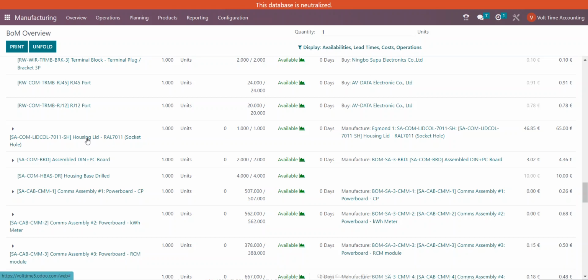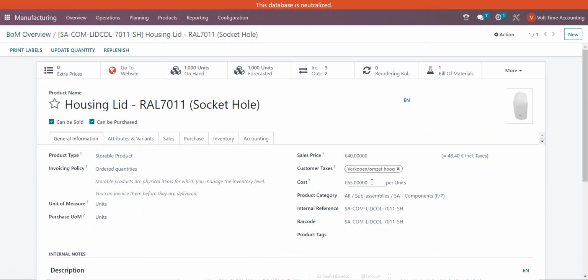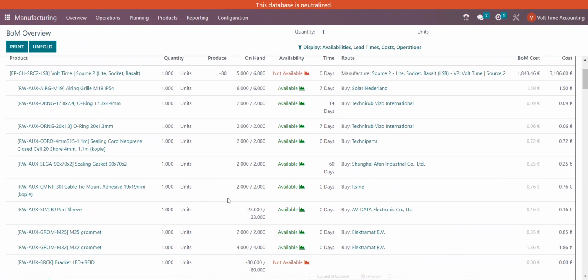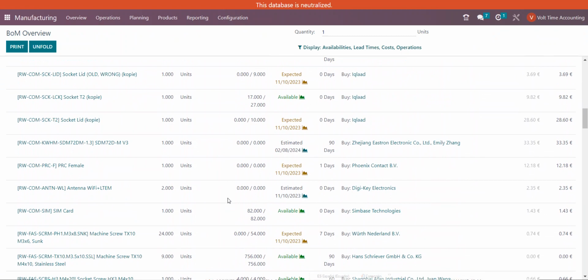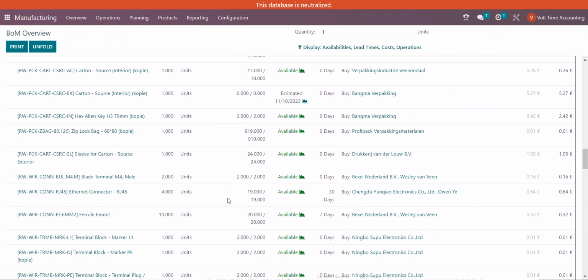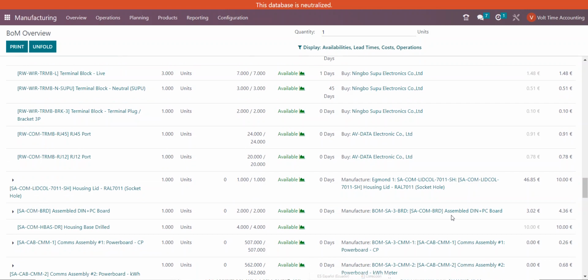If I change it, I can put here whatever value I want. I can put 10. I save it. This is the housing lead. It was 65 before. And if I go back to the housing lead, it's 10 now. But this hasn't changed because this depends on whatever components the housing lead is